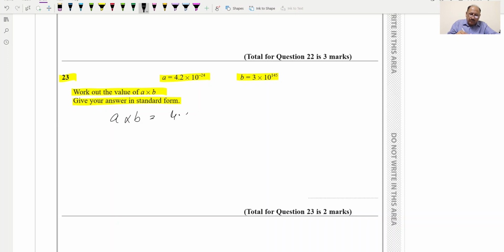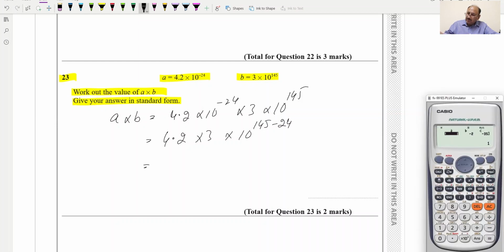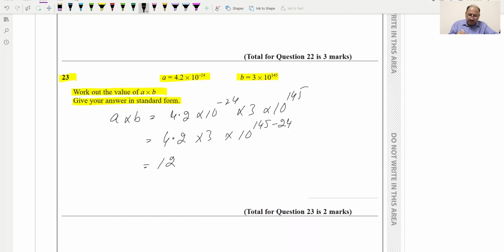4.2 into 10 raised to minus 24 into 3 into 10 raised to power 145. So we can rewrite it as 4.2 into 3 in multiplication, and 10 raised to the power. We can combine this, and this one we can write 10 raised to power 145 minus 24, and this one we can multiply. This will be 4.2 multiplication 3, and this is equal to